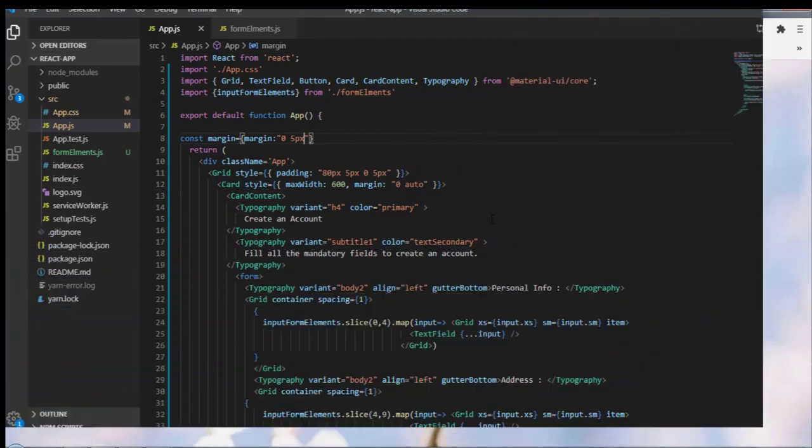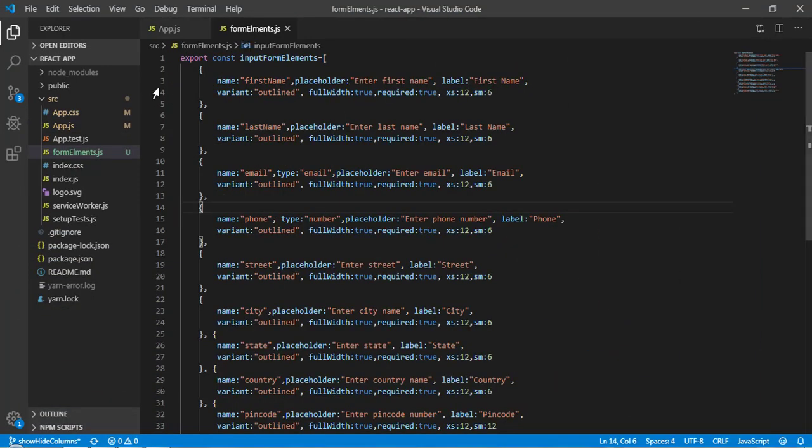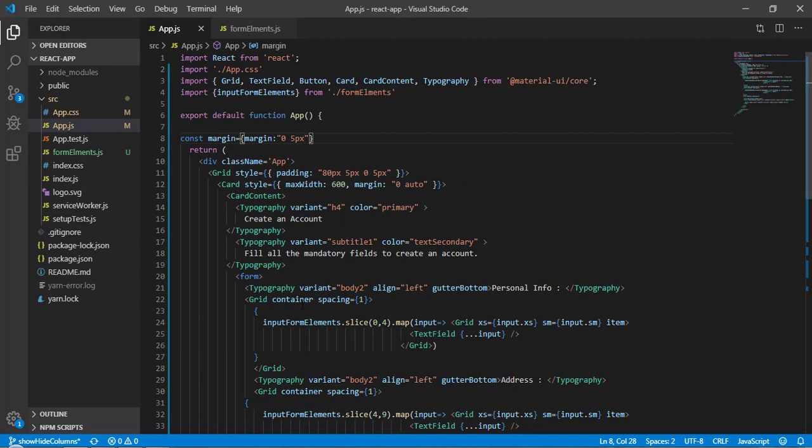Okay, so what we are doing here is we have created a JSON structure, and basically we have defined all the properties of the text boxes. Here we are looping through that JSON object, and here we are getting slice, meaning how many elements we want to render in the first section, and here we are returning our grid.